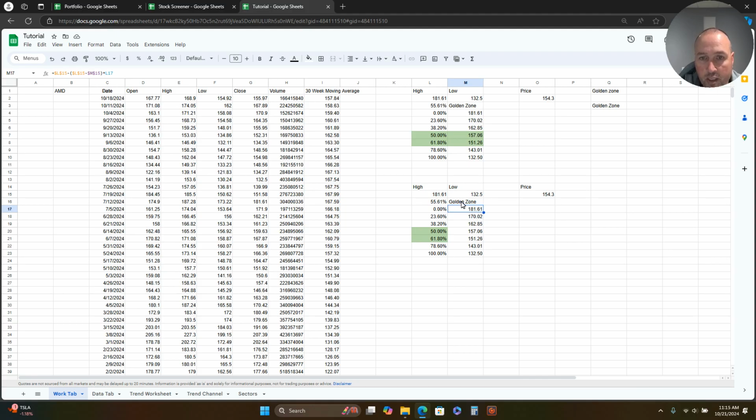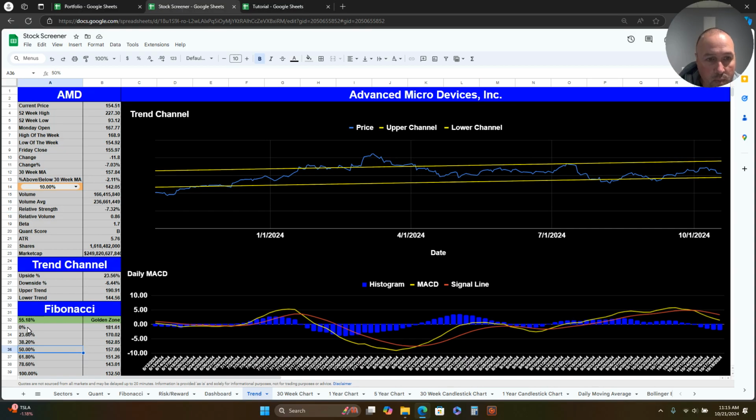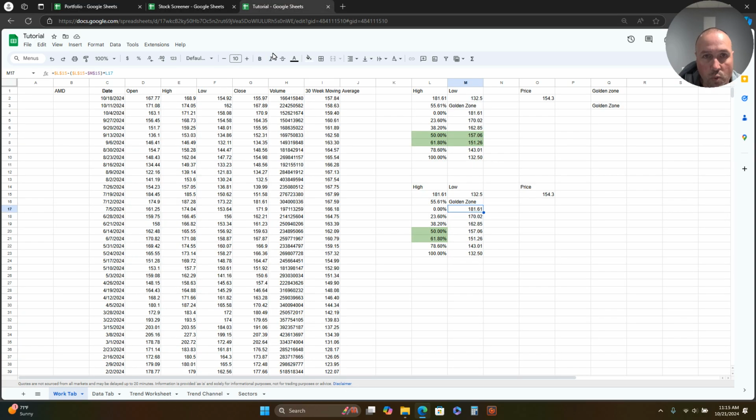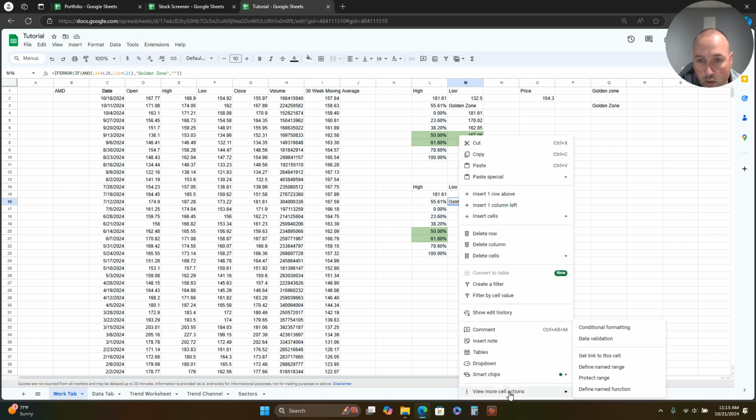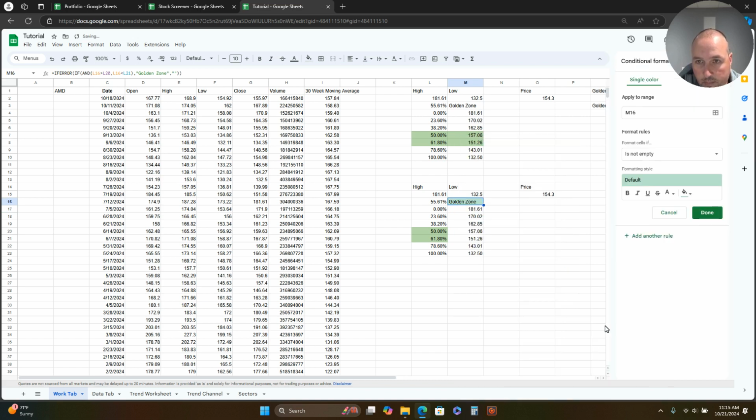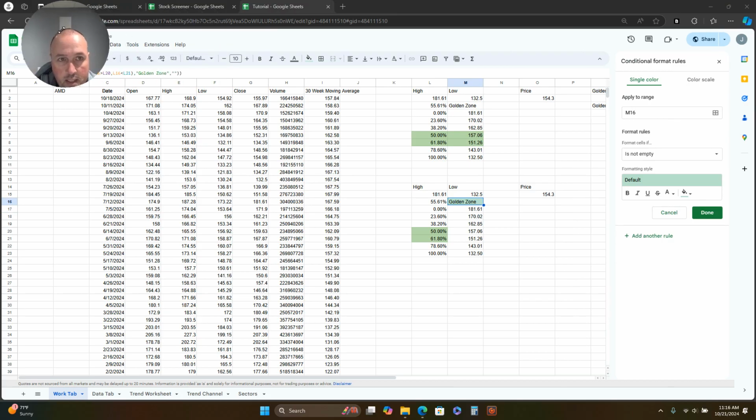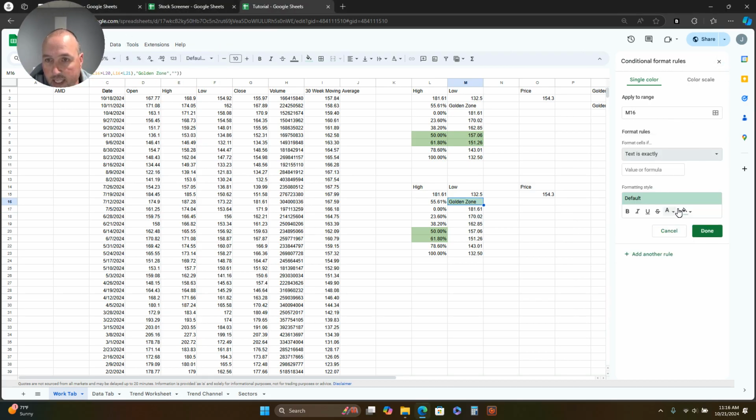And now how are we going to get this to light up green? If you look at mine here, it lights up green when it's in the golden zone. This is just another level we're looking at, and the way you get that to light up green is you're just going to grab golden zone here, go to conditional formatting, and move my head to the left here, and you are going to say if the text is exactly golden zone, I want it to be green,